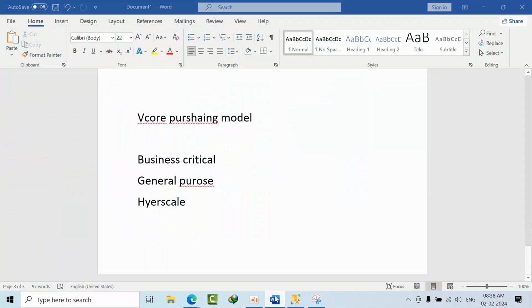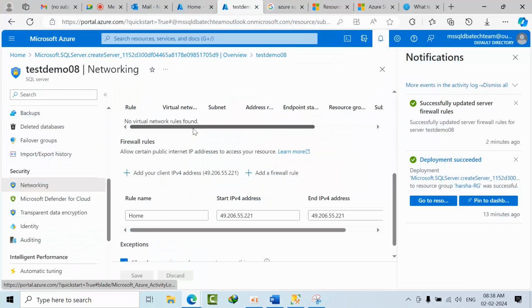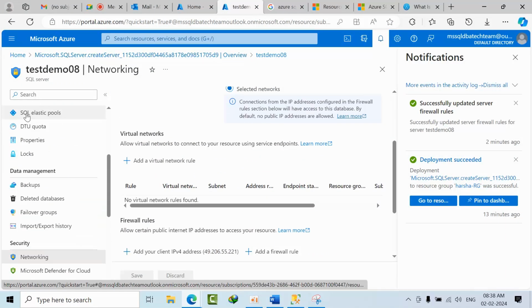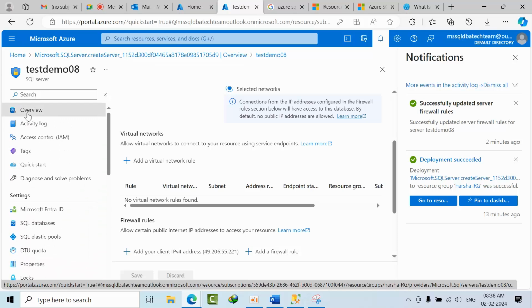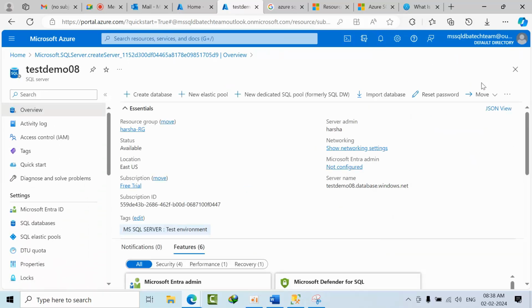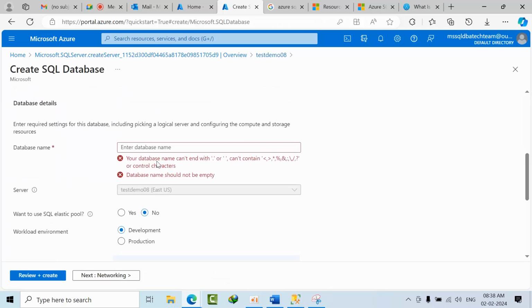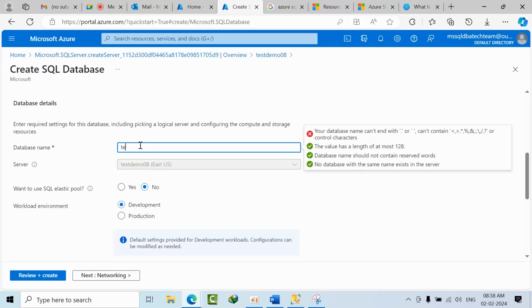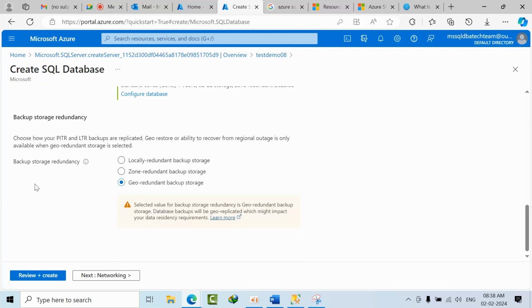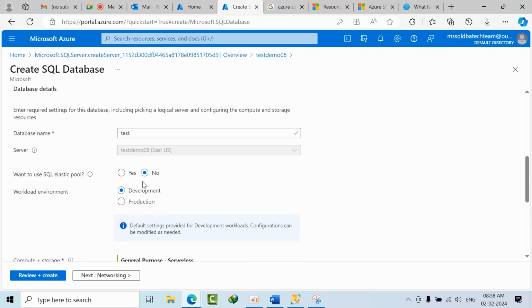Let's create one more database here. Now go to overview. Now here we can create a database. Now type in test. I don't have any elastic pool right now.